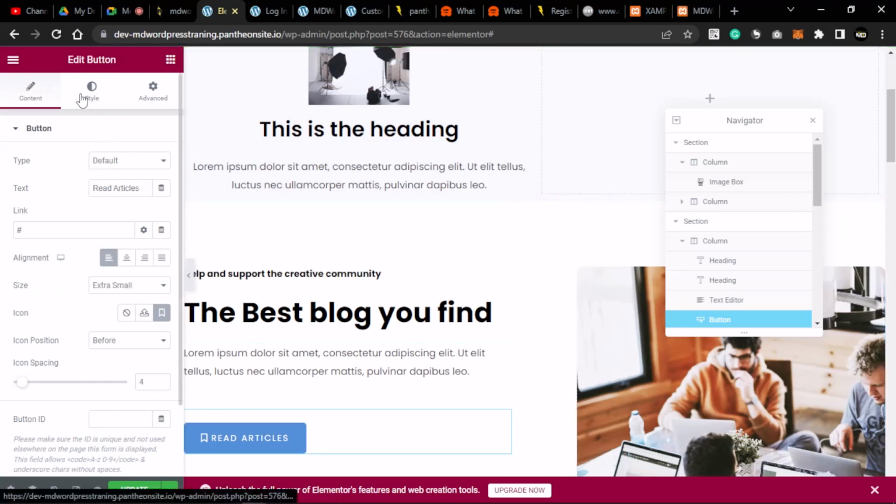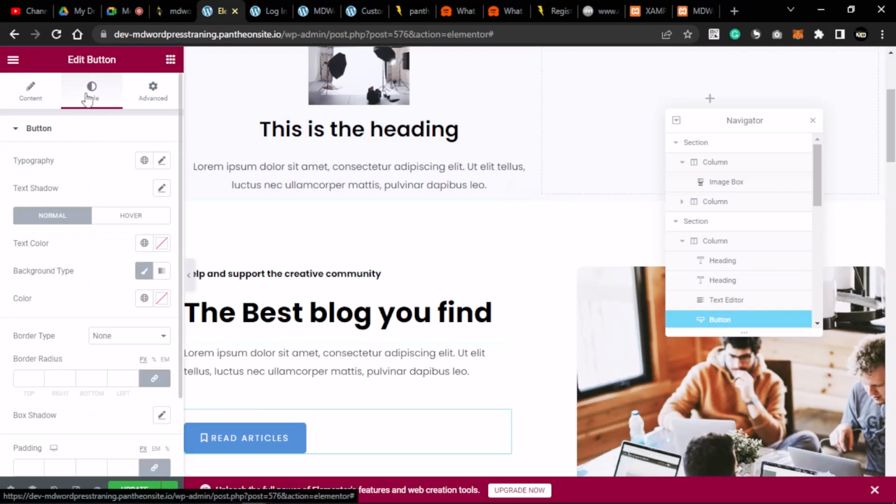If I go to the styling, yeah, this is for the typography. This is to edit, to add styles to your text, to add color to my text. Now this icon, this globe icon is telling me